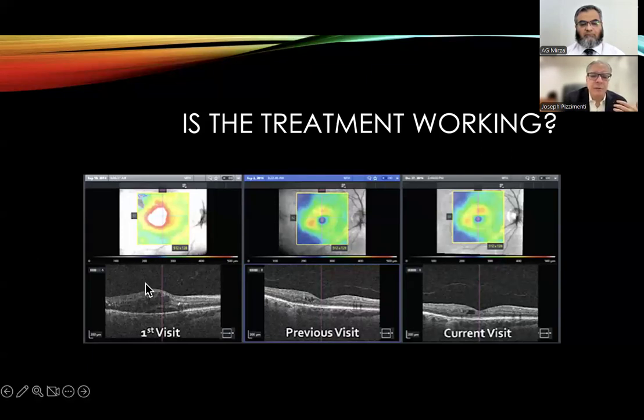And this is a patient of ours in the retina clinic. This was their first visit several months ago. They are receiving anti-VEGF injections on a regular basis. Here was their previous visit, and the technology does a nice job of isolating those areas where we still have increased retinal thickness correlating with these hyporeflective pockets of intraretinal spaces. And on the current visit, it's fairly stable, although there is still some residual edema. And so we are using OCT now to determine whether the treatment is working.